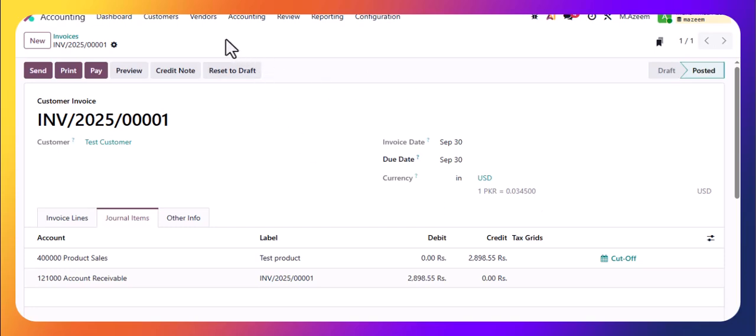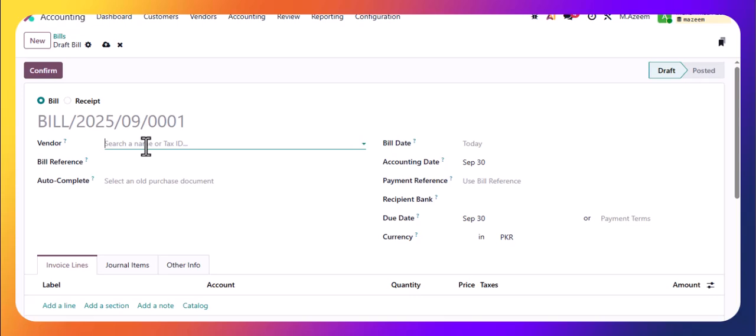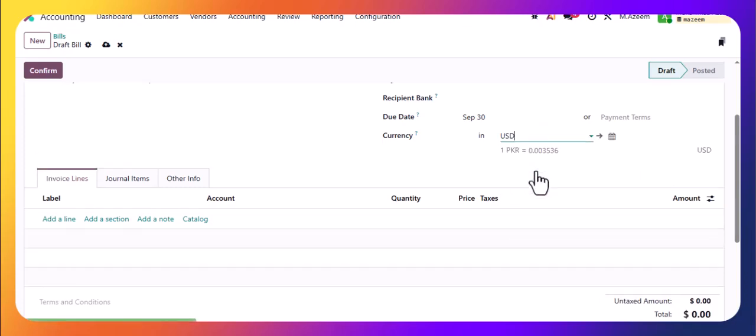Similarly, we can also do this for vendor bills. Let me go to vendor bills, and let me create a new bill for test vendor rate and edit. I may change the currency to USD, and you can see it automatically changes to 0.003536. We can change it to